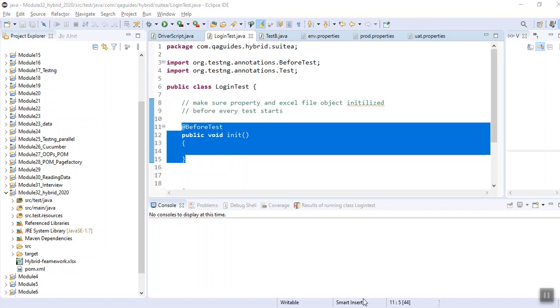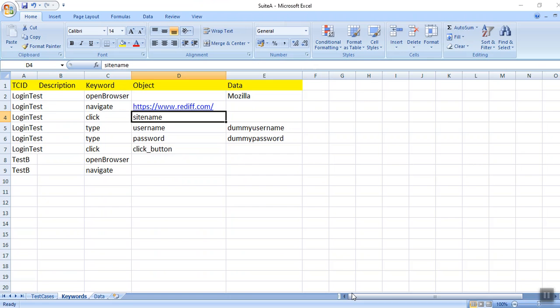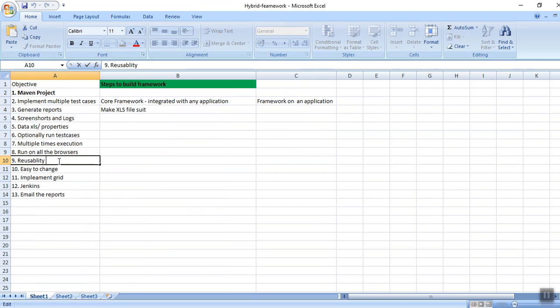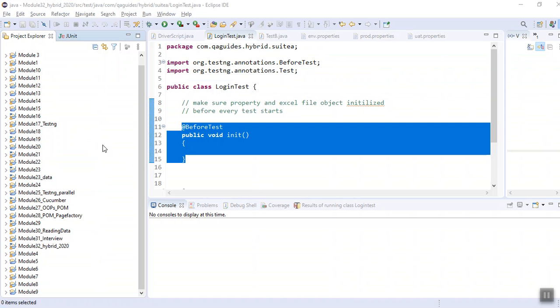Okay, so now look, there is an issue. I have given that we need to have reusability, but it is not existing. Why? Because I am using init function in every one of my classes. So we need to have the reusability of code. Init function should not be everywhere. So what I will do, I will take the use of inheritance. If you go to my previous modules, you will find what is inheritance. If you want, I can let you know about inheritance.